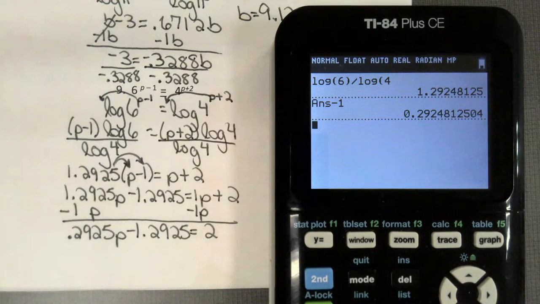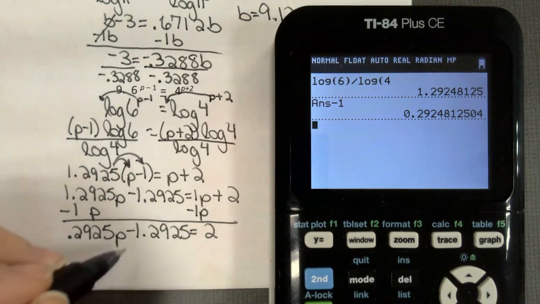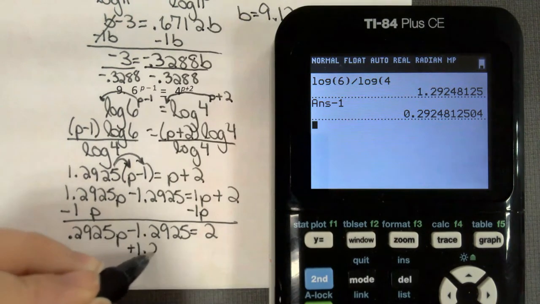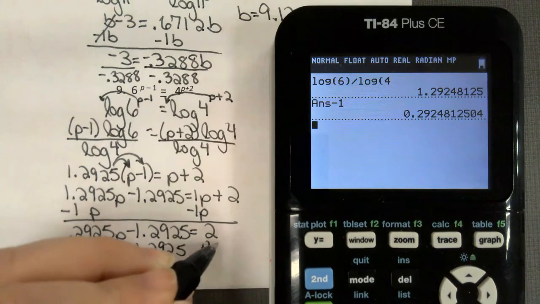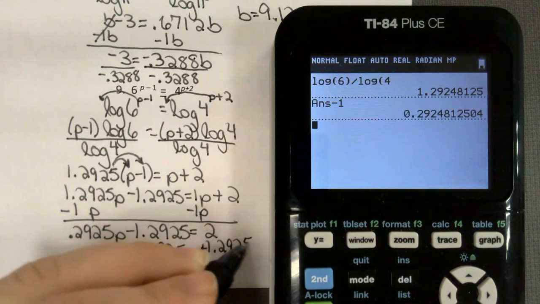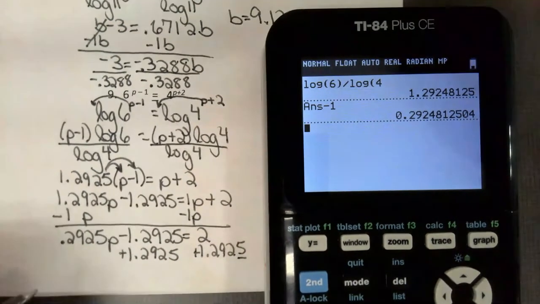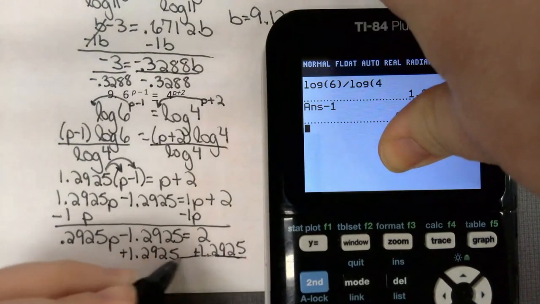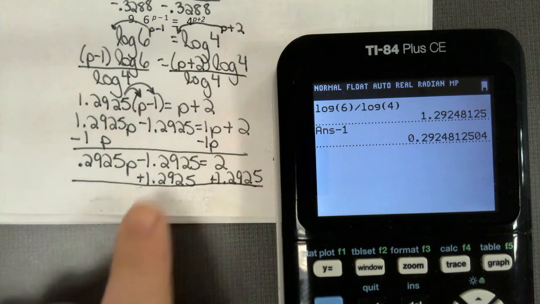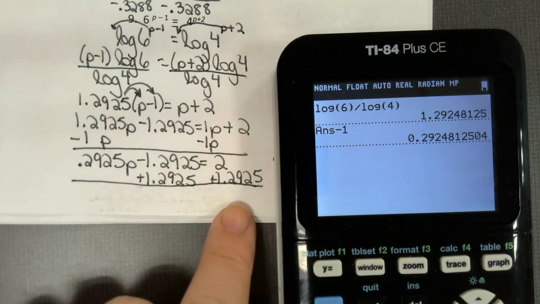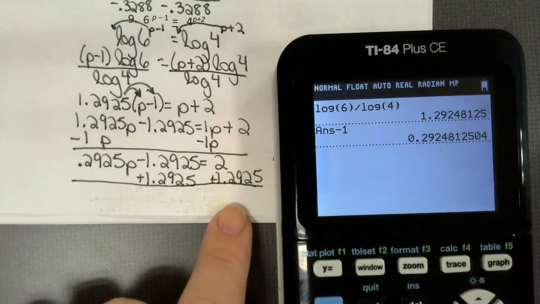Now here we can't use second answer. We are going to have to add our 1.2925 to both sides. Don't get ahead of myself here. Okay, for this side, when we add 2, unfortunately our options are a little different than what we've done in